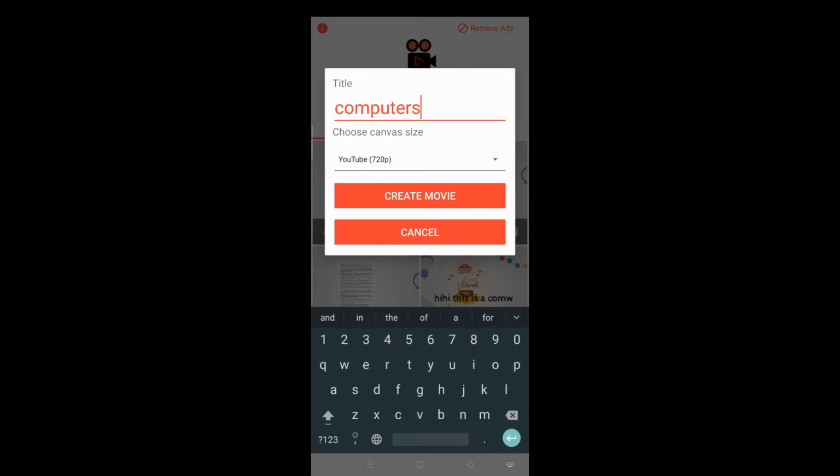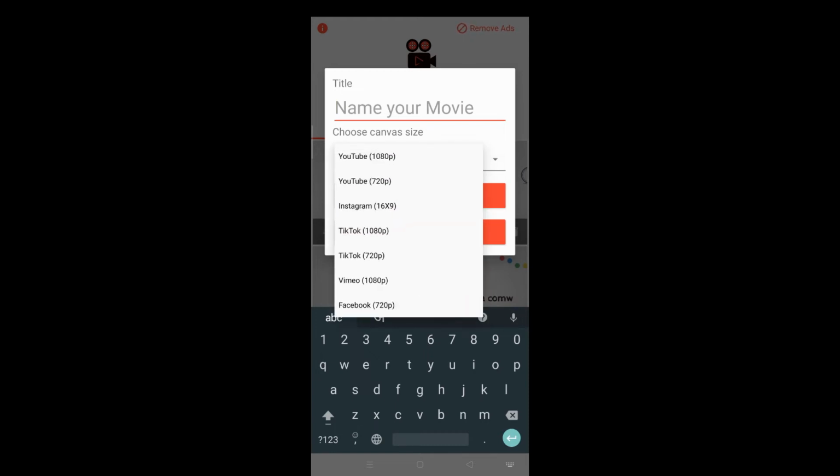So there are two options: title, where you have to write the name of your movie or project, and another one is YouTube quality, like 1080 pixel and 720 pixels, and this is the quality of the videos.